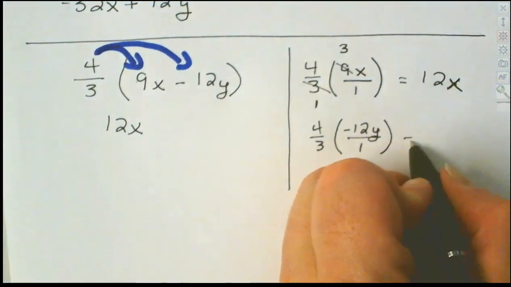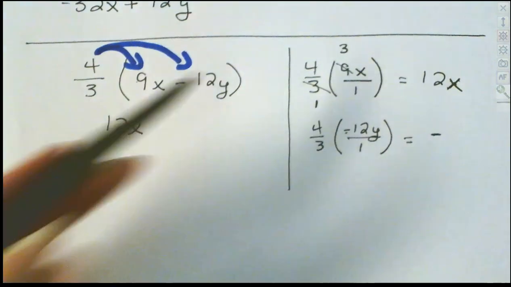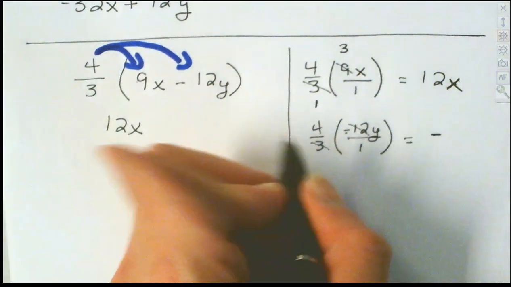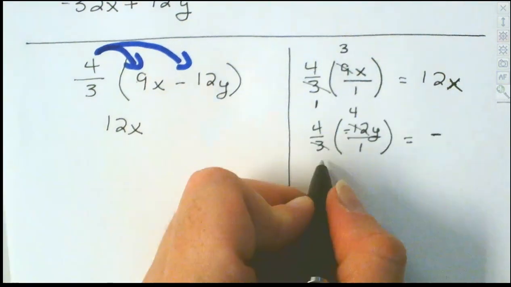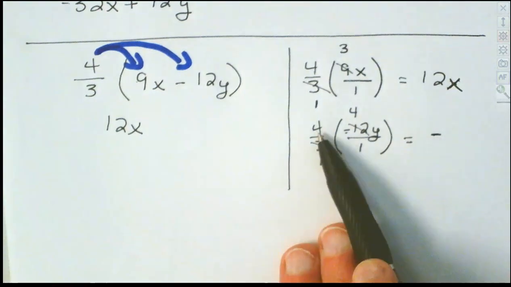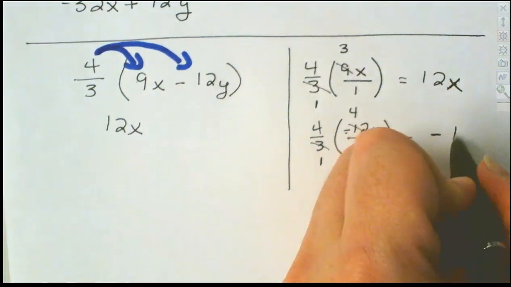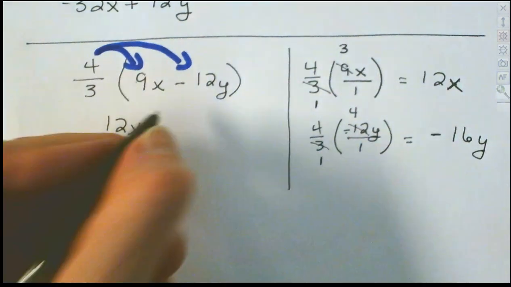Watch my signs. A single negative keeps it negative. And that 12 and that 3 can cancel out. That's going to leave you with a 4 and a 1. And we know our sign's negative. 4 times 4 is 16. Don't forget your y. So that would then be a minus 16y,